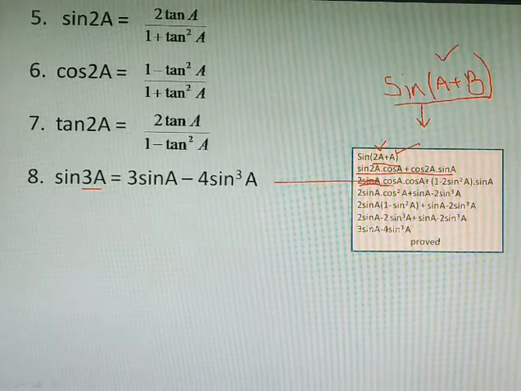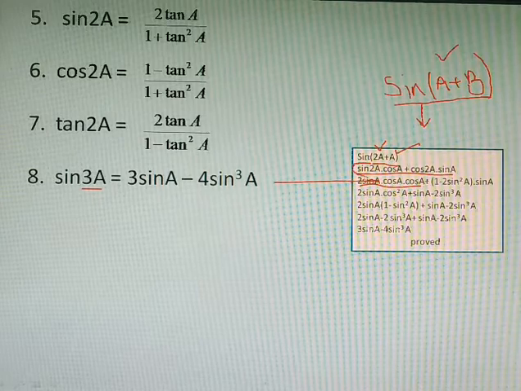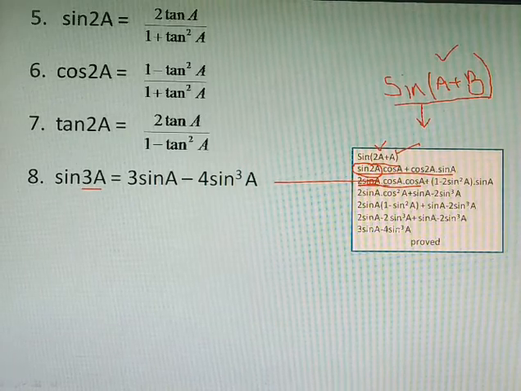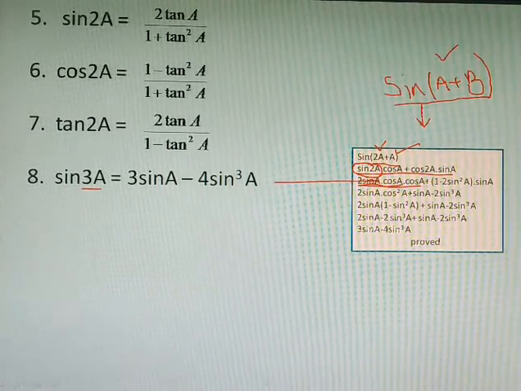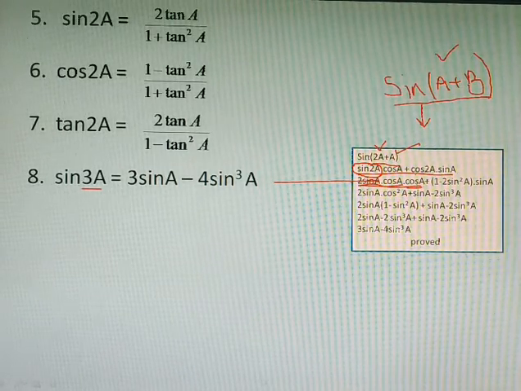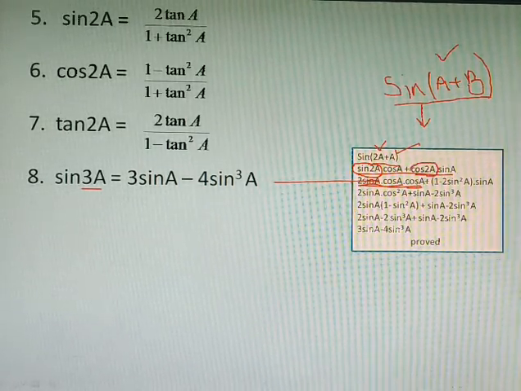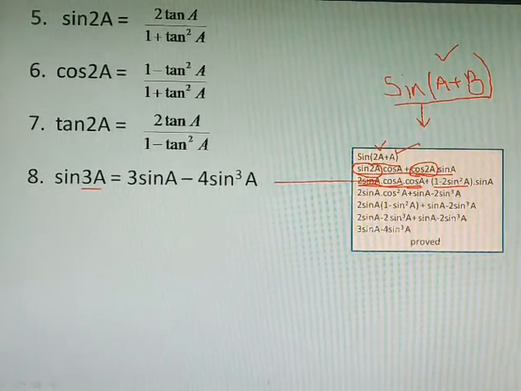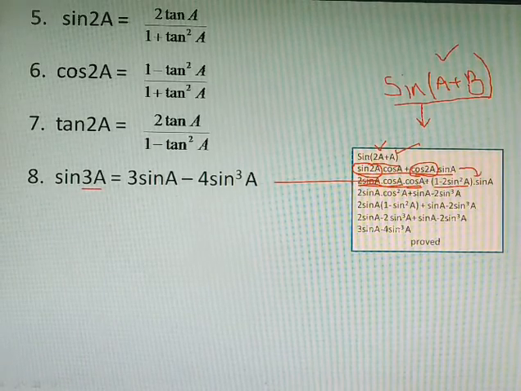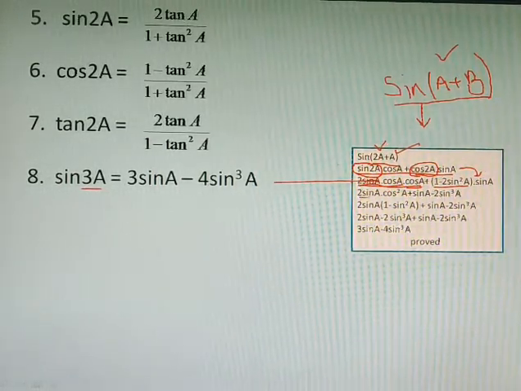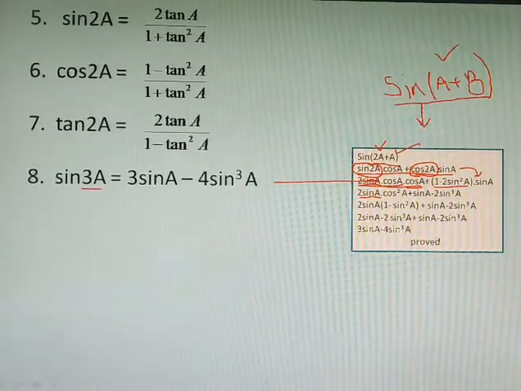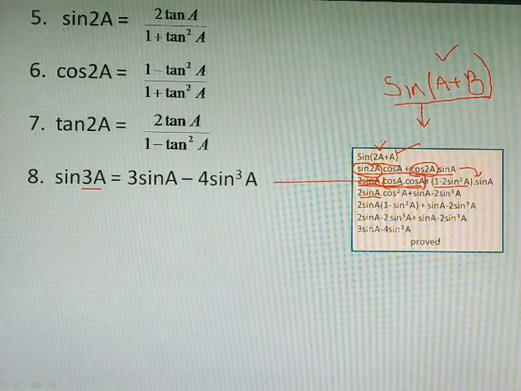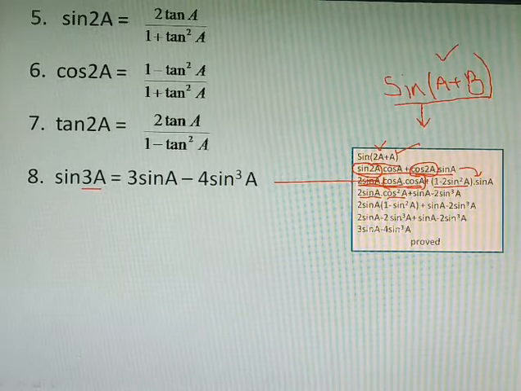So in the next step, I have written the formula of sin 2a. This can be broken down into 2 sin a into cos a. And this cos a is same here. And again, this cos 2a is also converted into the formula 1 minus 2 sin square a. This sin a remains same. Now in the next step, 2 sin a is same, and this cos a and cos a will get multiplied, and the product will be cos square a.